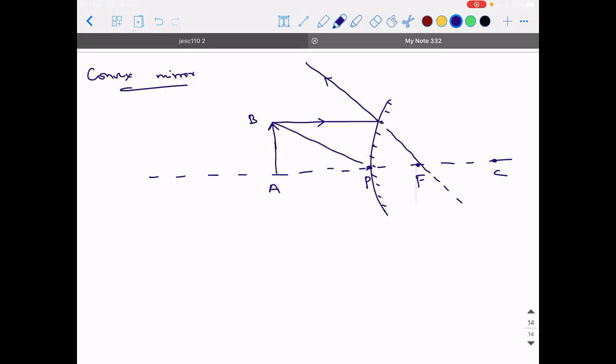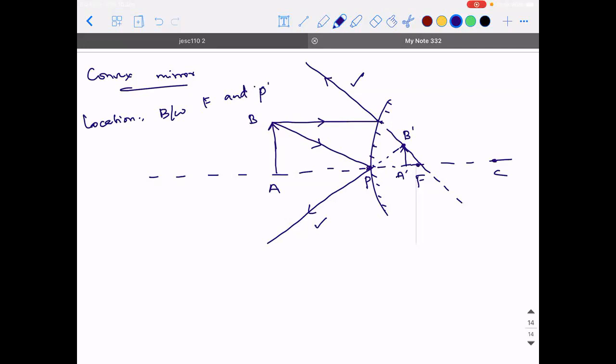Similarly, when it is hitting the pole, what will happen? It will get reflected back in this way. Right? So this reflected ray and this reflected ray obviously cannot meet because they are diverging away from each other. Hence, you try to extrapolate it in the backward direction. This will be the location of the image. So what is the point? A dash, B dash. So what can you say, guys? How can you tell me the location of image? Between pole and focus, sir. Between F and P.